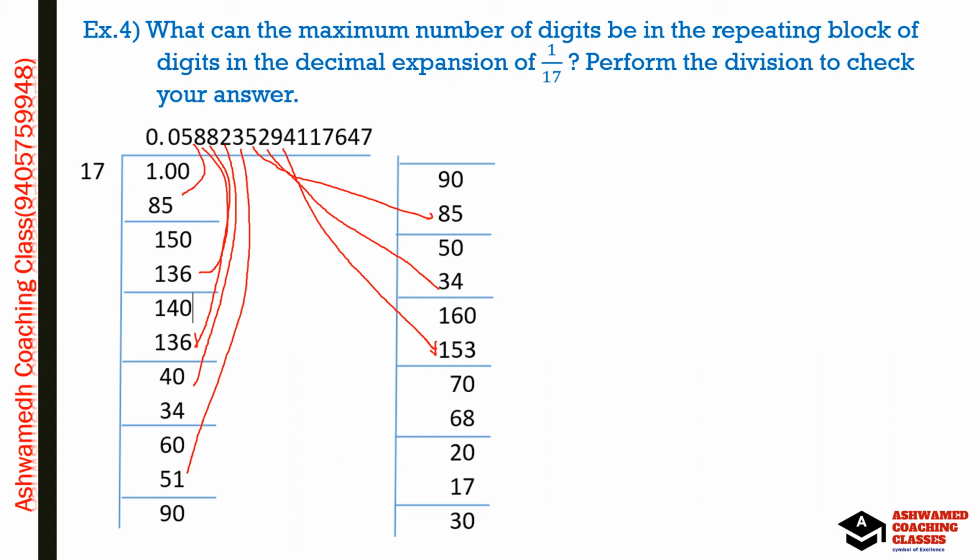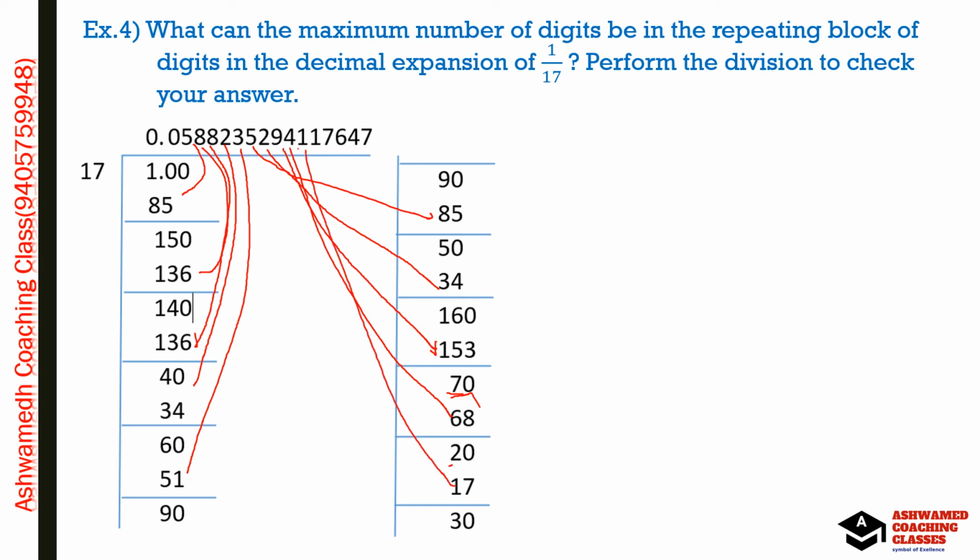You know how to divide that number. Okay, 153, then 160 minus 153 is 7, we get 70. Then 17 into 4 is nothing but 68 here. Okay, 70 minus 68 is nothing but 2, we get 20, and therefore 17 into 1 is nothing but